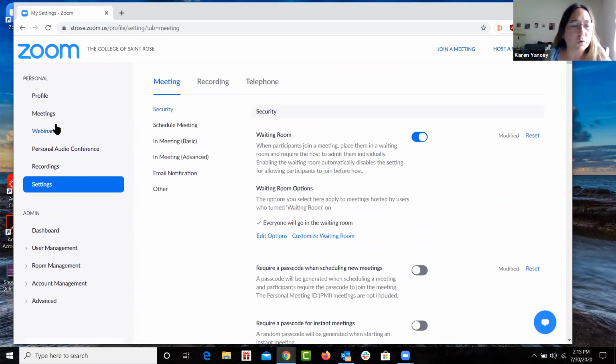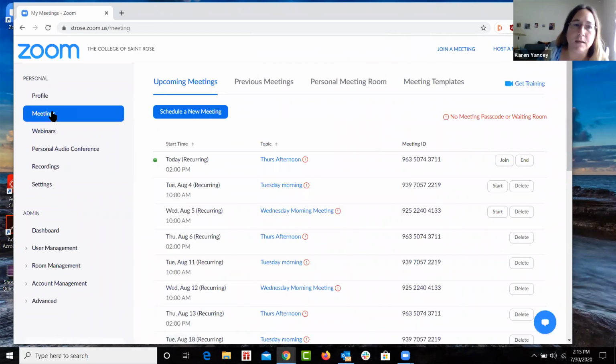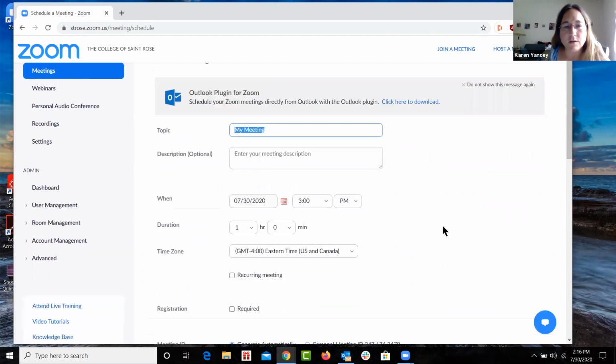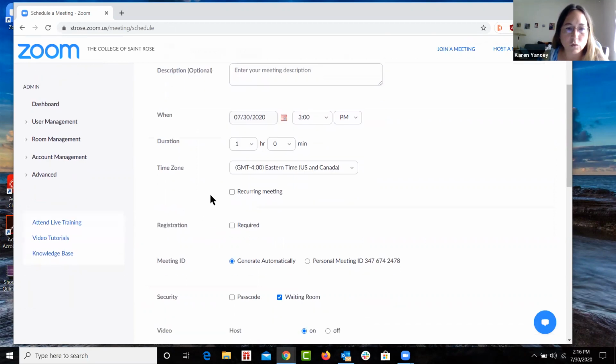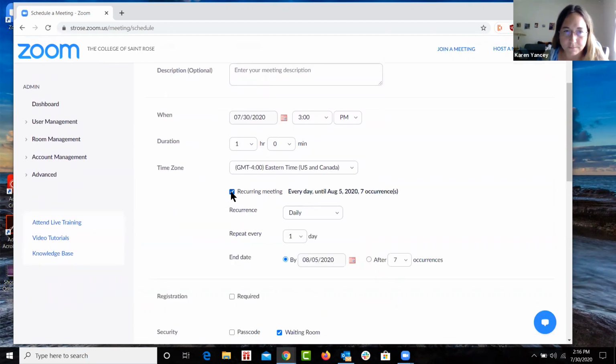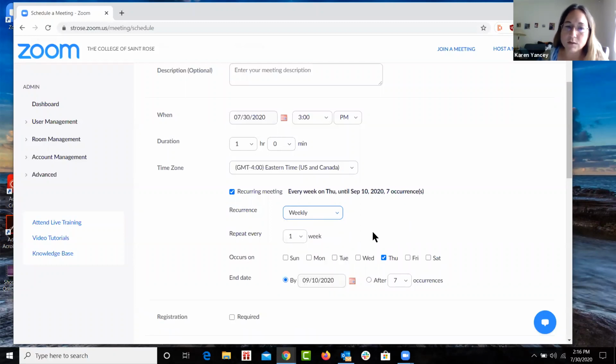So to address the recurring meeting IDs, you would essentially go to the meetings tab and go to schedule a new meeting. And after you have labeled it, you would then tell it that you want it to be recurring. Once you do that, you can tell it if you want it to be a daily occurrence or a weekly or a monthly recurrence. Frequently it's weekly, and you can tell it how many times a week. Let's say you have 3 classes a week, Monday, Wednesday, Friday. And you can tell it on those days,